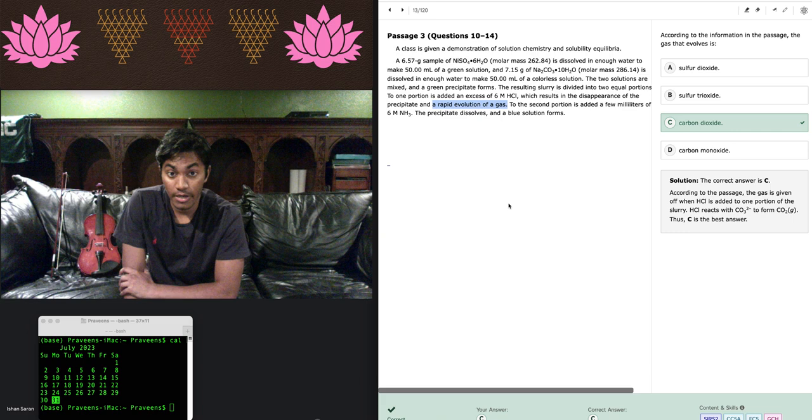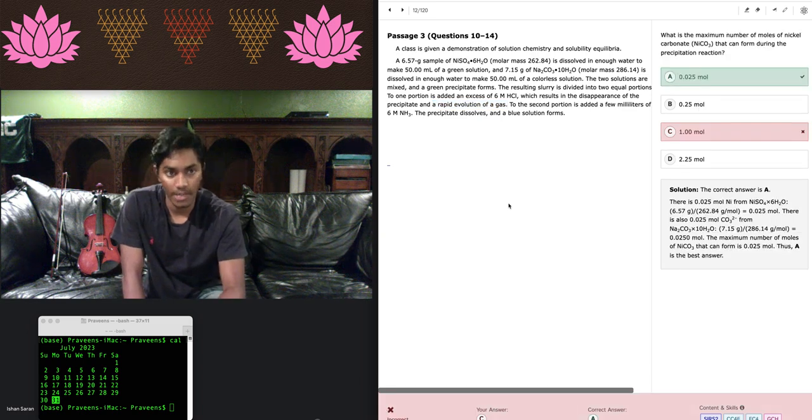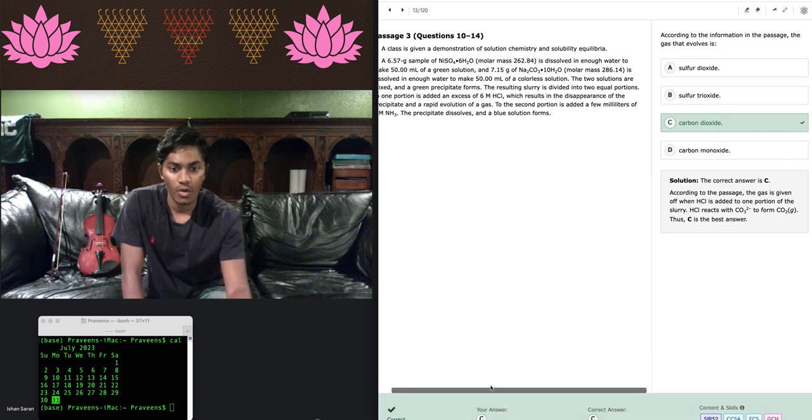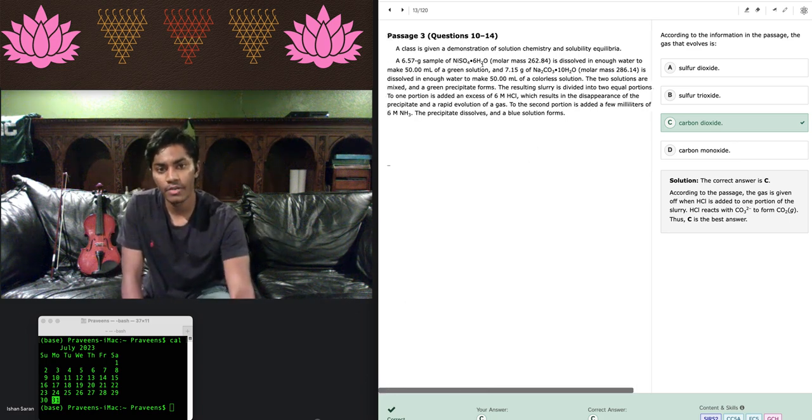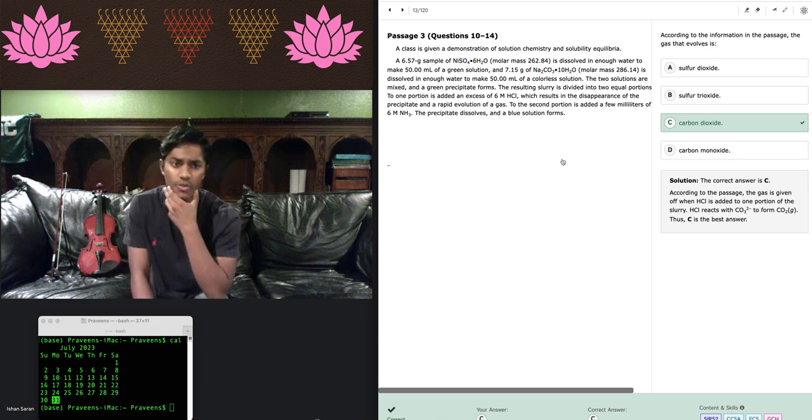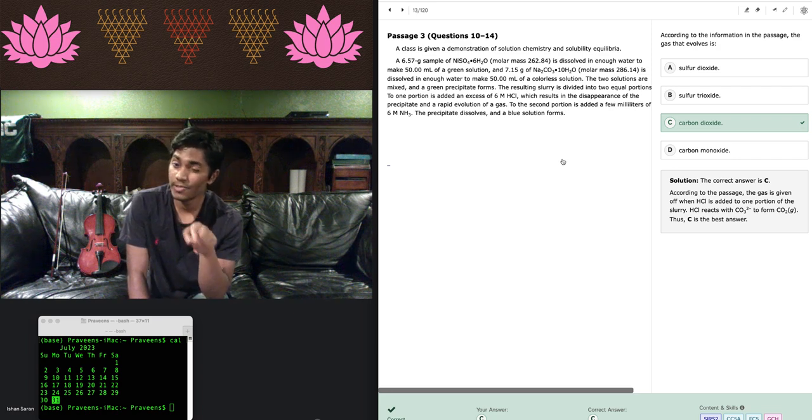Well, presumably, the green precipitate is nickel carbonate. When the two are mixed together, the sulfate group will swap. So we have a double substitution reaction, if I recall correctly. In the first step. In the second step, the nickel with the CO3